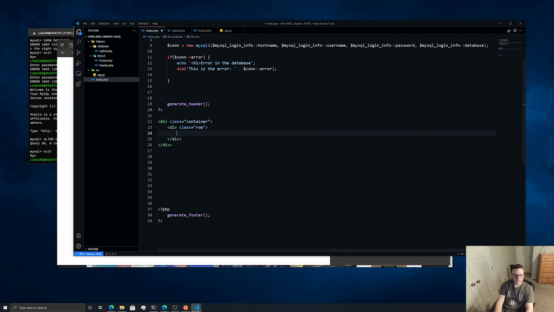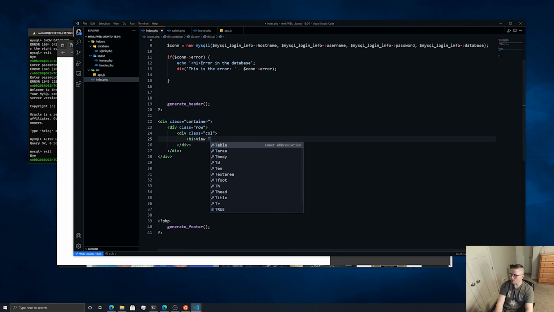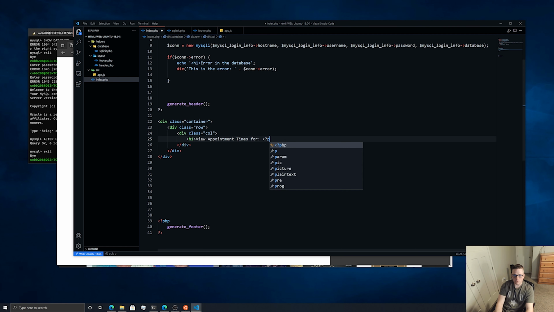So we'll go with a div class row and a div class of column. If you do a single column, that means it'll take the entire width. Go in here, type h1, view appointment times for, and then we are going to run PHP inline, and in here we are going to run echo month array, then do search month